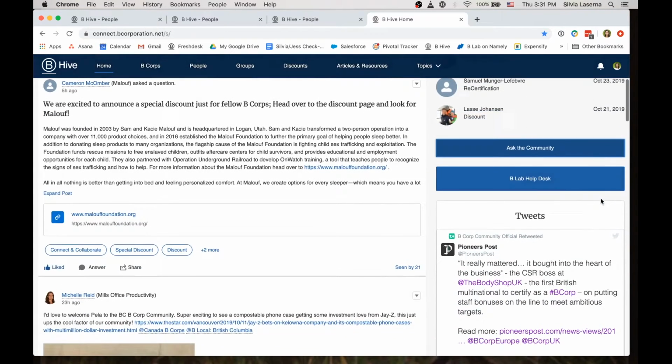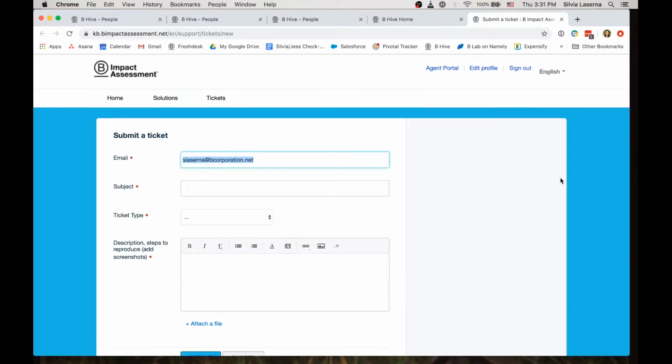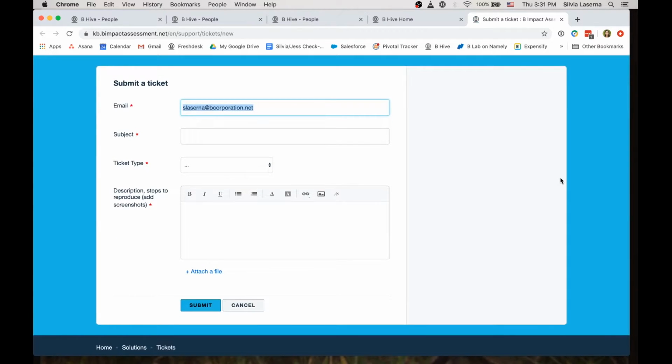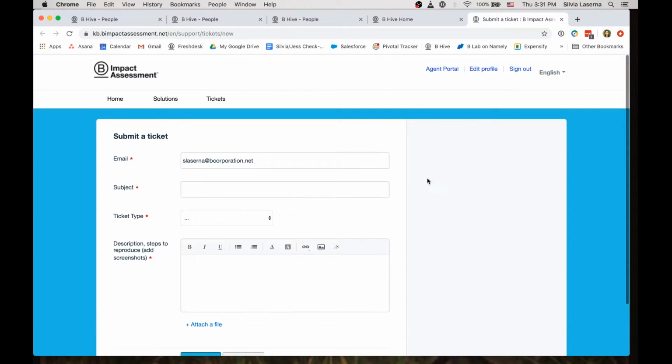Then we have a B Lab help desk button, which is very useful if you have any questions. You just click in there, and you're going to get a form which will make a ticket for you in our support system, and this is the most effective way to get help from B Lab. You write the subject, the ticket type, the description, and submit, and I will actually be on the other side